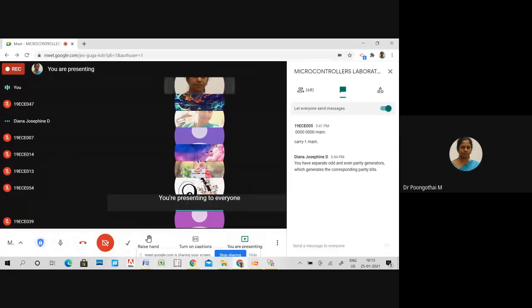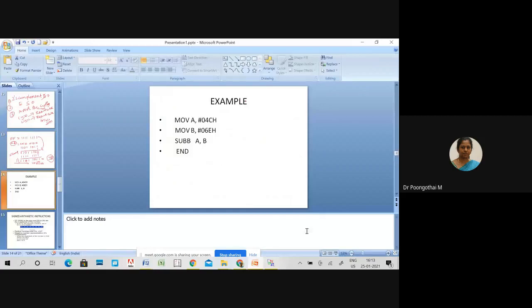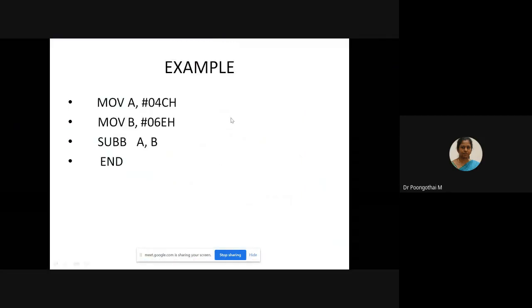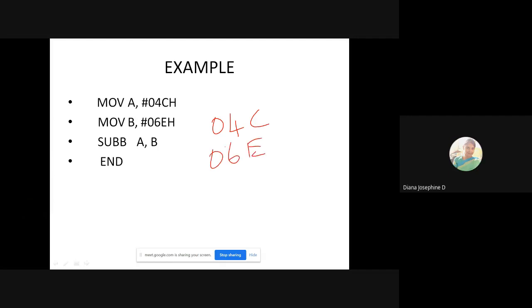So please note down the homework problem. MOV A, #04CH, MOV B, #06EH, SUBB A, B. Work out this problem manually and also check your answer with the simulator.